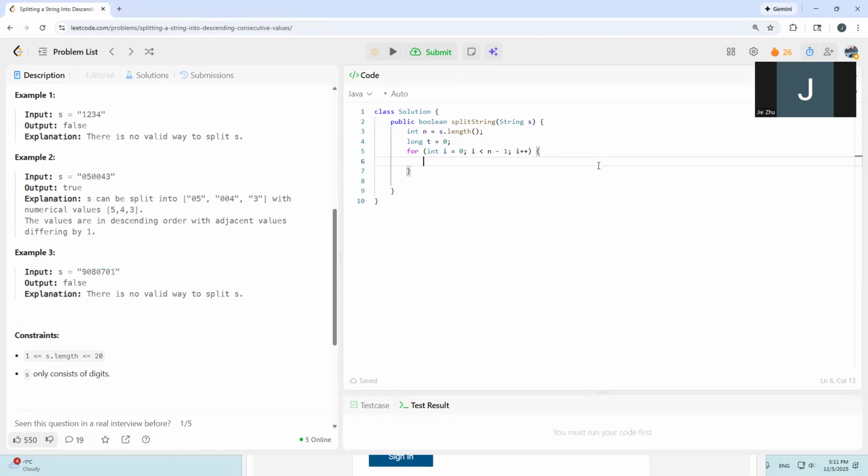So we'll write i plus plus. Then we're going to have t equals t multiplied by 10 plus s dot charAt i minus '0', right? Here we can have another optimization. Because we know the length is 20, we'll say if this t is already greater than